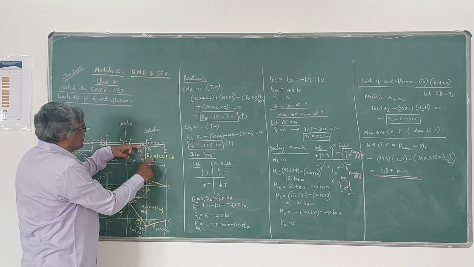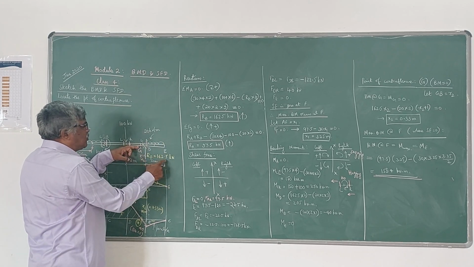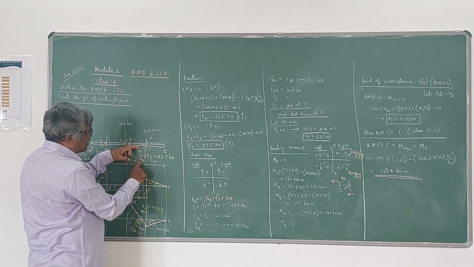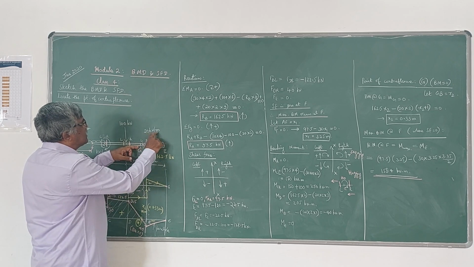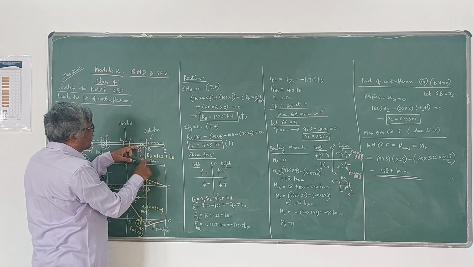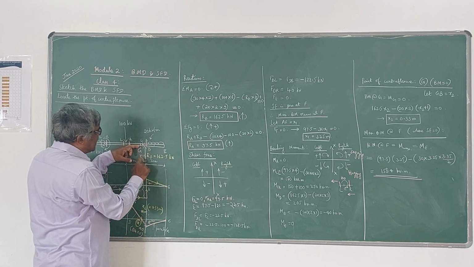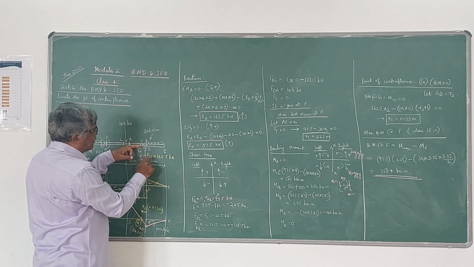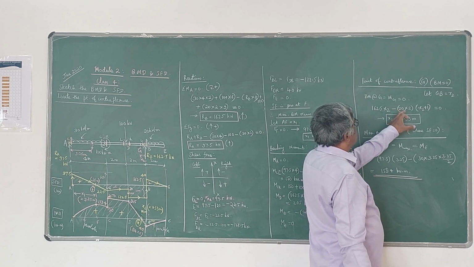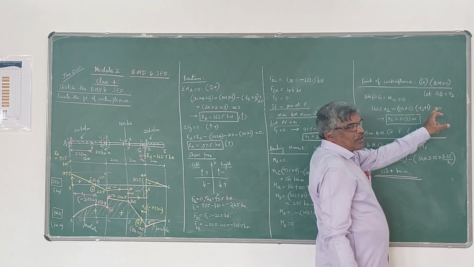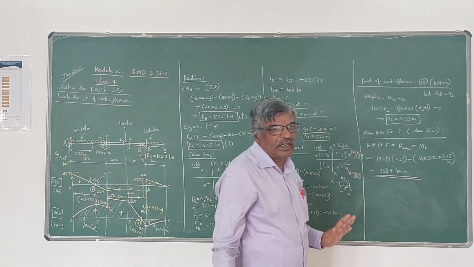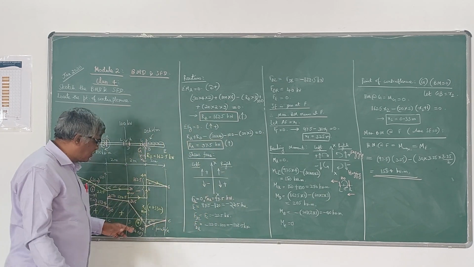If you see to the right side, what is the bending moment expression? This 162.5 is acting upwards, therefore positive bending moment 162.5 into x2. And this is acting downwards, so therefore bending moment is negative. Minus 20 into 2 is the total load, and distance from G to that midpoint is x2 plus 1, x2 plus half of 2 is 1. So that is the expression I have written here: 162.5 x2 minus 20 into 2 into (x2 plus 1). This should be 0 because bending moment is 0 at point G. If you solve this equation, you will get the x2 value as 0.33 meter from B.